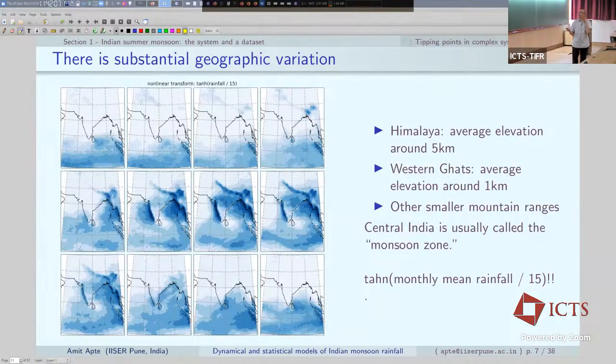And there are lots of patterns here. So for example, over the Indian subcontinent, there is a lot of rainfall during these 4 months, which is what I explained earlier. But the rainfall over the equatorial region pretty much continues throughout the year. Well, except during May, somehow it's just a bit less, but anyway. So during these months, there are 2 rainfall zones, so to say. One is over the Indian subcontinent and the one over the equator, or a little bit south of the equator, continues to be present. And I guess I didn't say much about this, but there's large geographical variation, which probably has something to say.